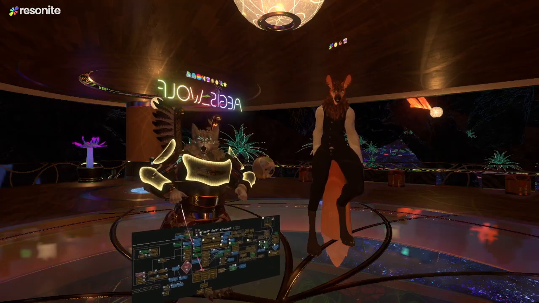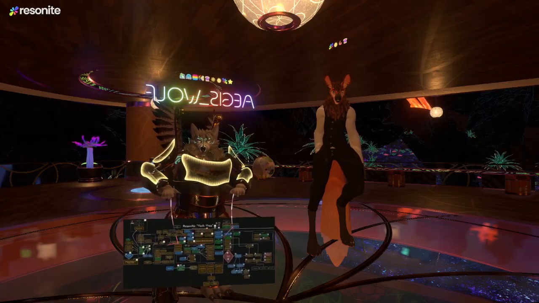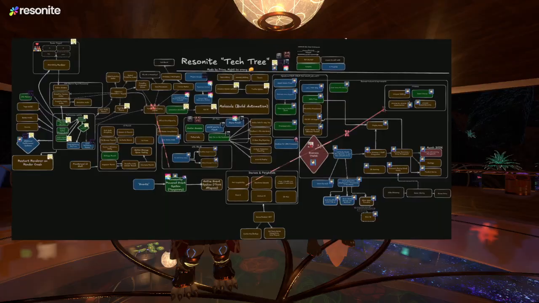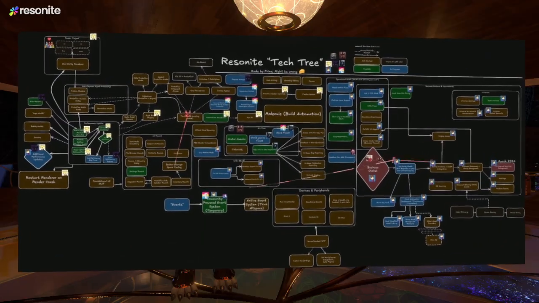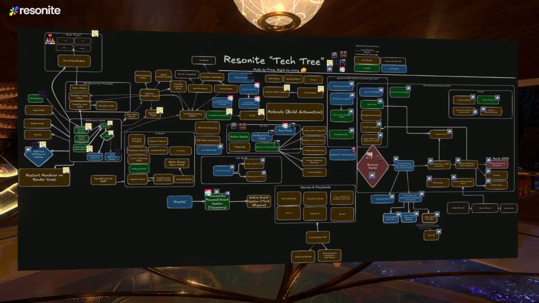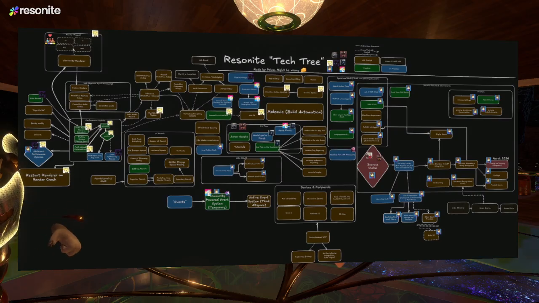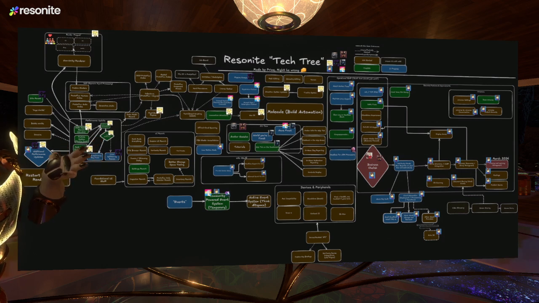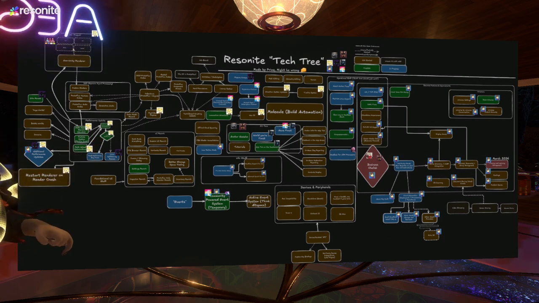While we wait for that, to answer the questions within chat too, this is roughly what our development looks like. There's a lot of things going on here, a lot of different moving parts and different profile pictures of the different engineering, art team, and other team members as well.